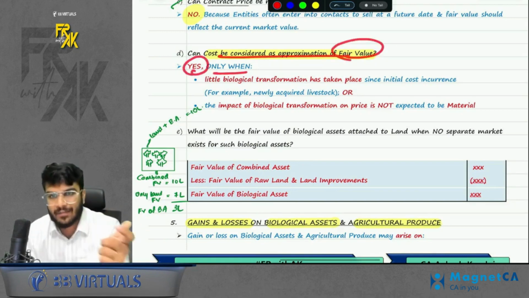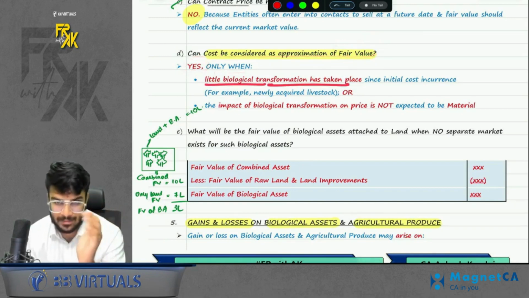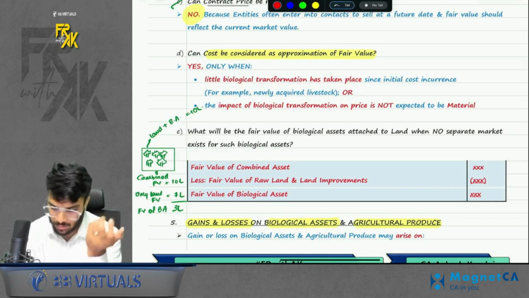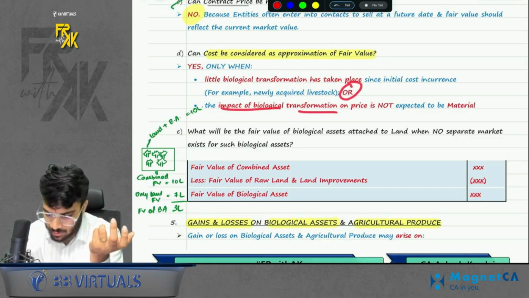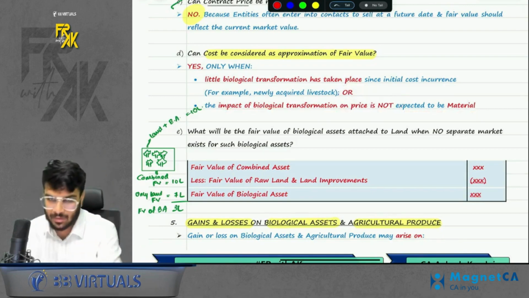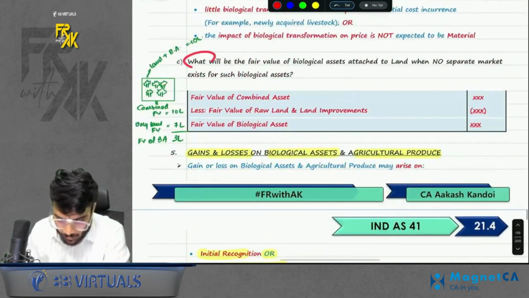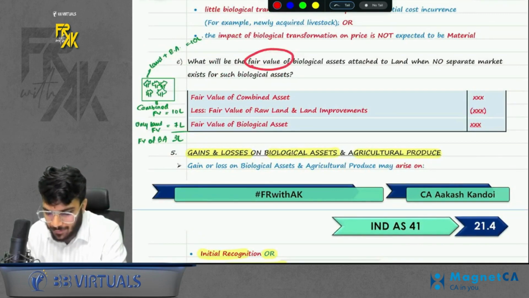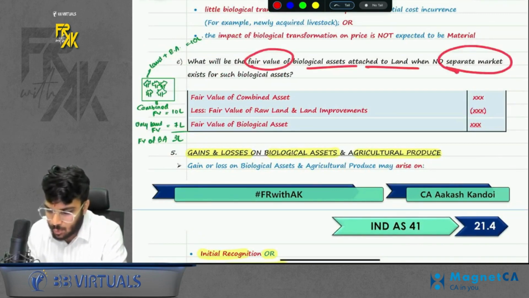The answer is yes, only when little transformation has taken place, only a little period has lapsed, or the impact of transformation on price is not expected to be material. That means the price does not change year on year. In that case, you can consider it. Anyways. Next point. What will be the fair value of a biological asset attached to land when no separate market exists